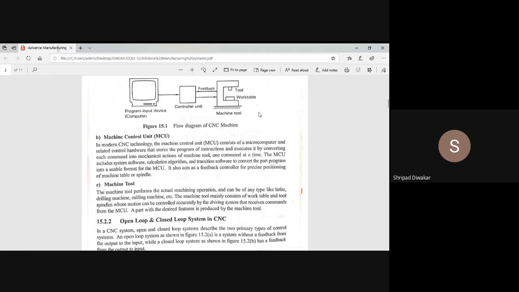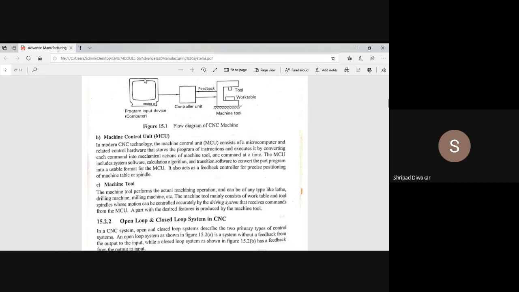Suppose you are going to perform a cylindrical operation, in that case we use a CNC lathe. Suppose you want to do operations like step cutting, facing, groove cutting, T-slot milling, dovetail slot cutting, form milling, or angle milling, in that case we use a CNC machining center. So these are the three basic components of a CNC machine.